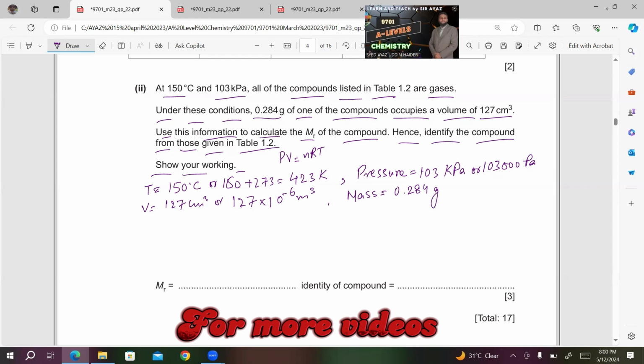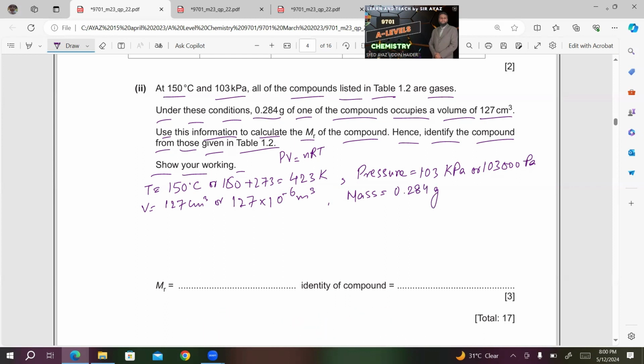0.284 gram. Now to find MR, we also know that number of moles is equal to mass by MR or AR. Here MR is written, so we will consider MR. So putting the value of n, number of moles, what we will get? We will get PV is equal to mass by MR multiplied by RT,